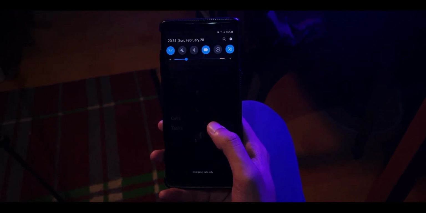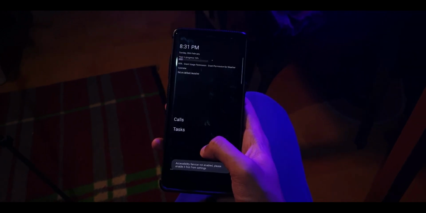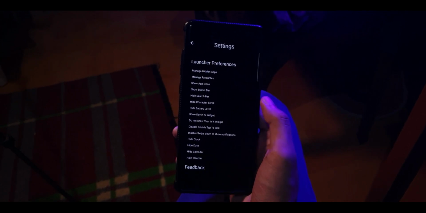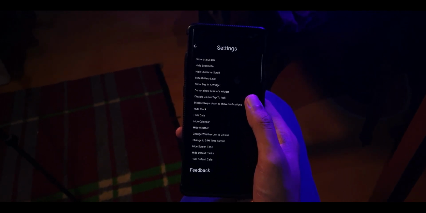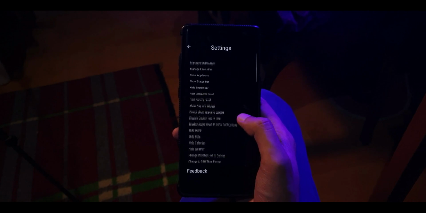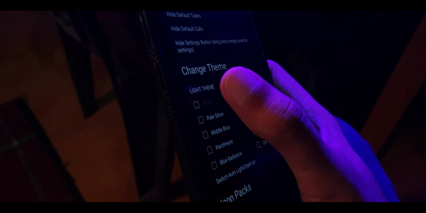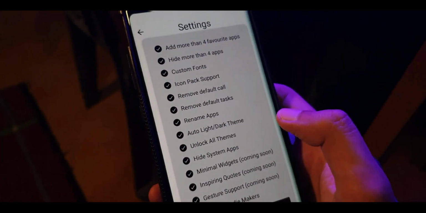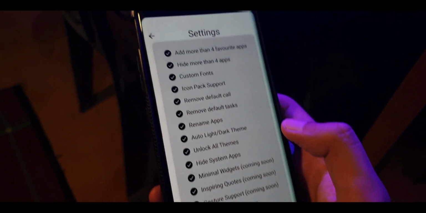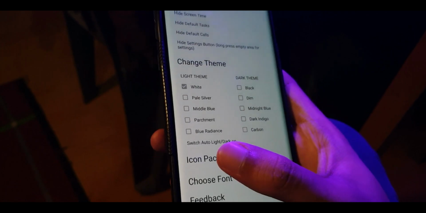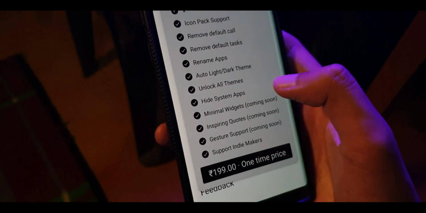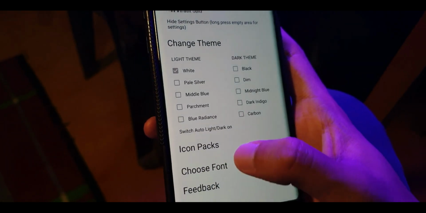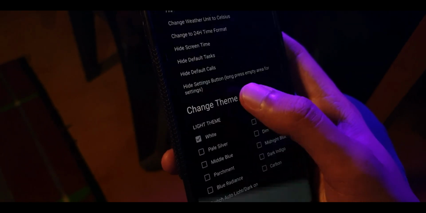That's pretty much it. Pressing and holding anywhere on the home screen gives you a strong vibration and takes you into the settings page where you can select launcher preferences, you can change the theme. But the only downside is that you can only select between light and dark themes. Again, this is something that I did not like with the Less Phone. If you remember that launcher, it had a paid version available to select between different color modes. So other than the white and the dark theme here, you have to pay for the full version or the one-time price to be able to access the other midnight blue, pale silver,